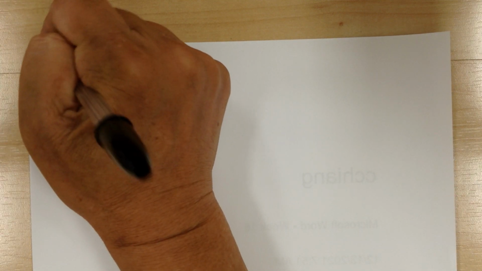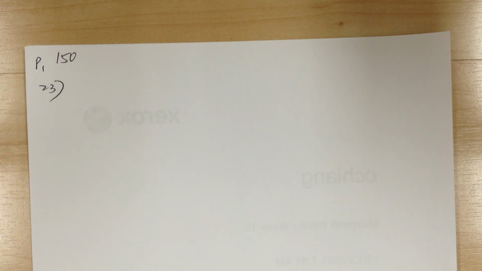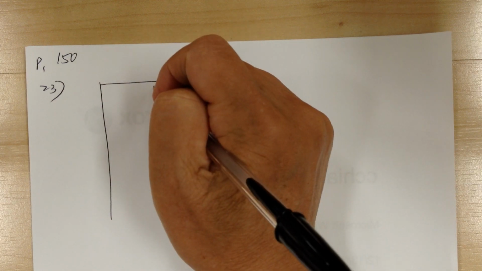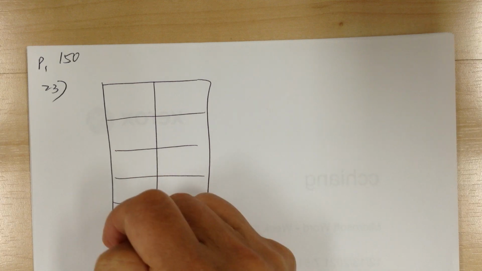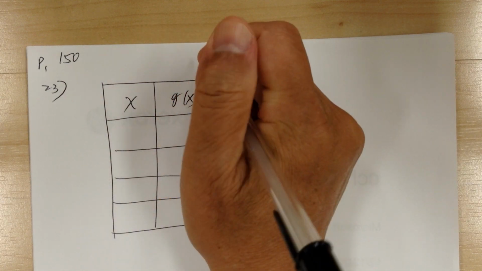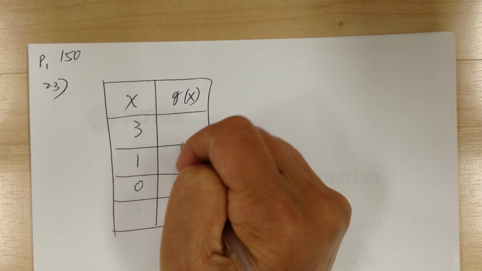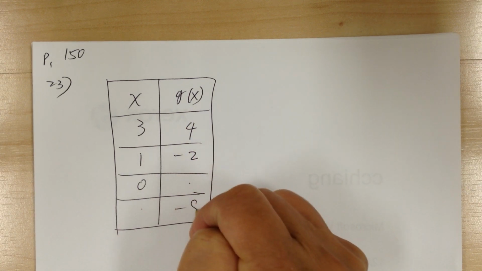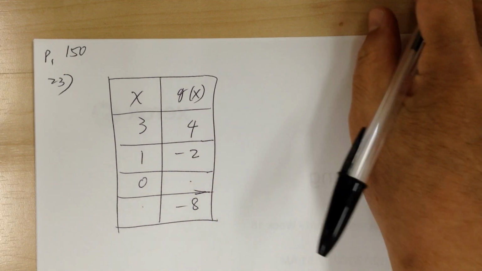Let's go to page 150 and do number 23. Okay, so this one you want to complete the table. So you have an x and you got g of x. And this one you got 3, 1, 0, and blank. You got 4, -2, blank, and -8. And it asks you to use the